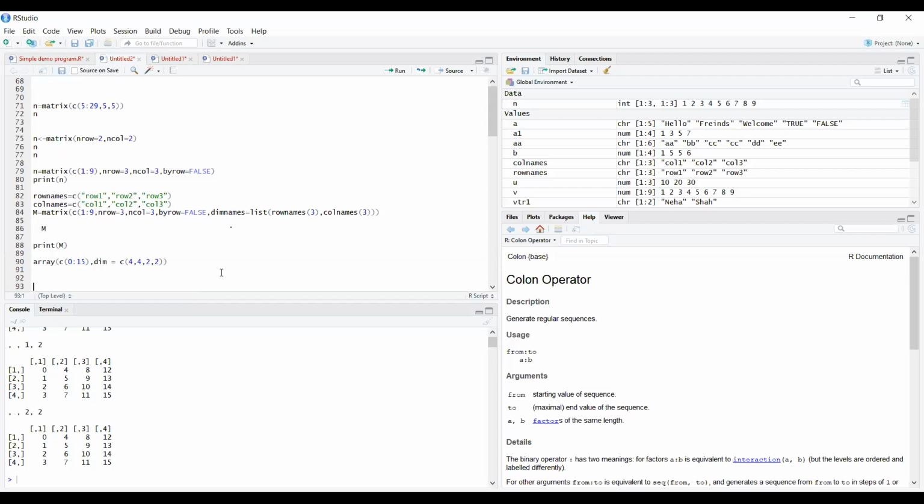Okay. So the next example we are taking is list. What do we mean by list? A list is a generic vector containing other objects. So consider the variable x as a list containing copies of the 3 vectors. How are we going to contain the values? So we can see that.